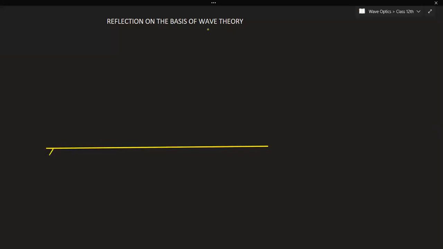So this is a mirror. You see, Huygens principle is straightforward. Whatever I have written in the notes, whatever you have copied, it will be exactly the same for you. Same thing, same question, everything will be the same in your exam. So just revise it as it is. Huygens principle is a very short part. Usually questions from interference and diffraction only come. But if it comes, it will be straightforward.